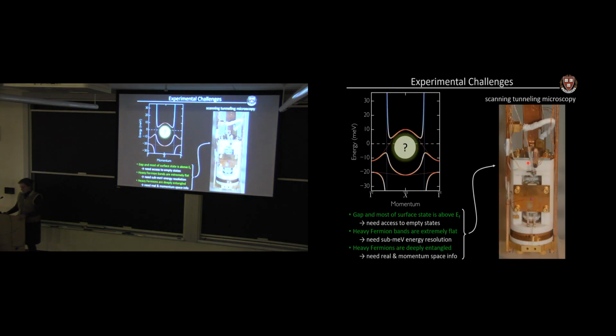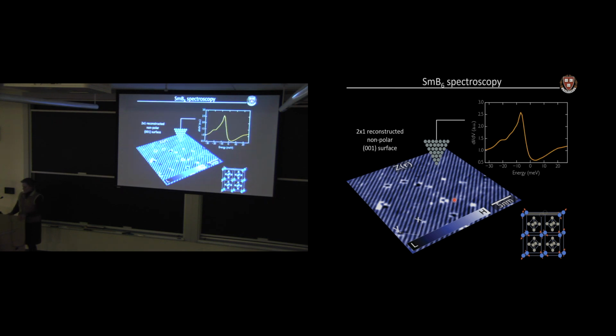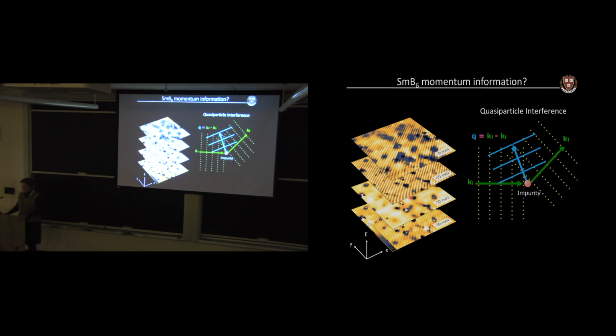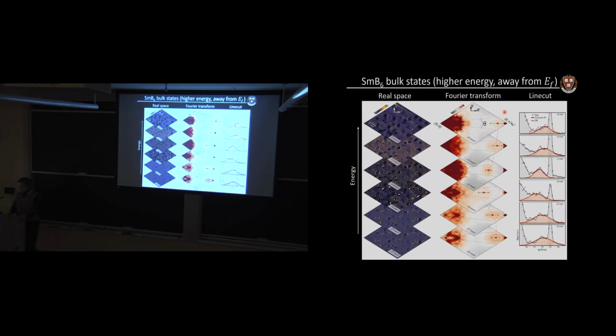So we're going to use our STM to understand this. We scan the surface of samarium hexaboride, cleave it, expose a clean surface, and we scan the surface. We have just the right number of defects here, and we can do spectroscopy. We can look at our full three-dimensional data set here where we measure the energy and then the X and the Y momentum. We employ the quasi-particle interference imaging technique, so we Fourier transform the real space, and we can look at the peaks in momentum space and how they disperse as a function of energy.